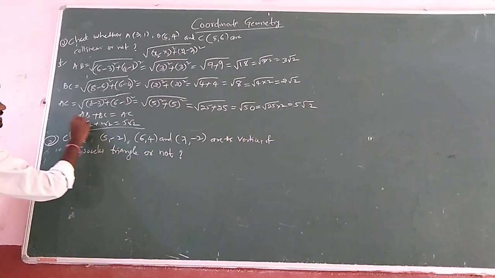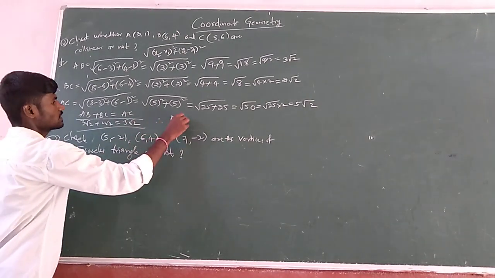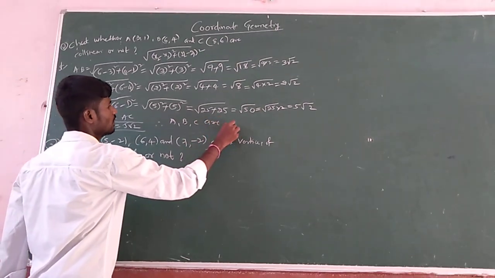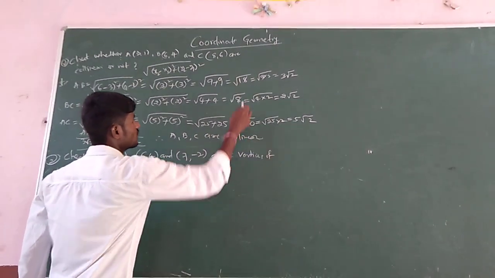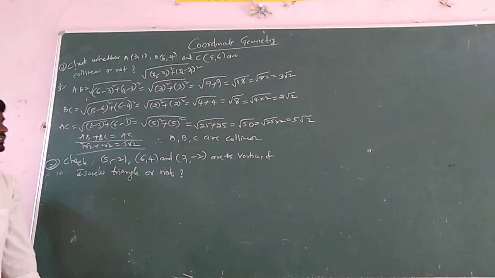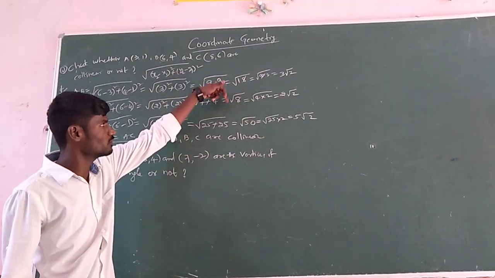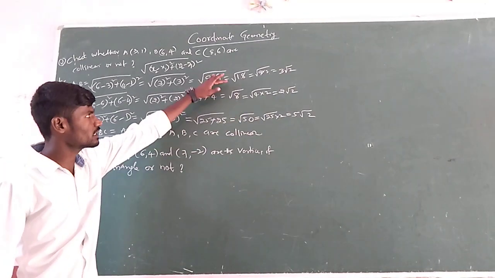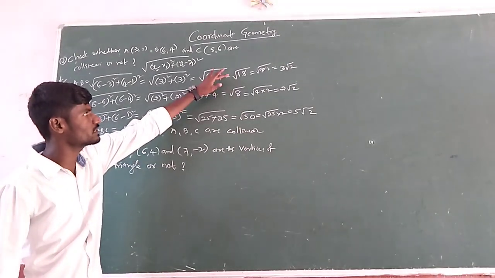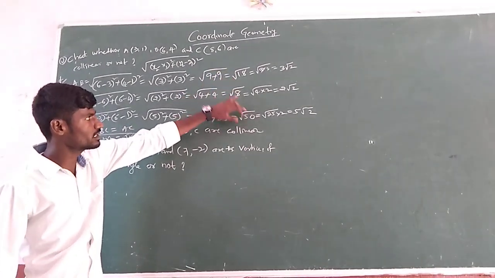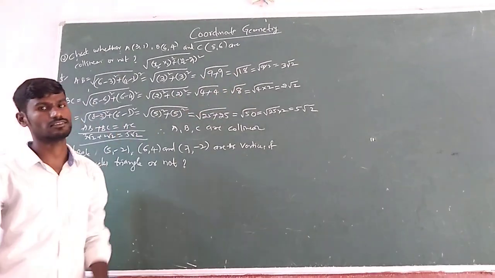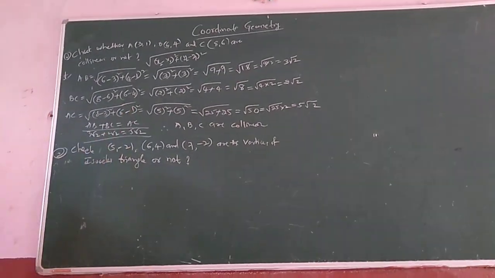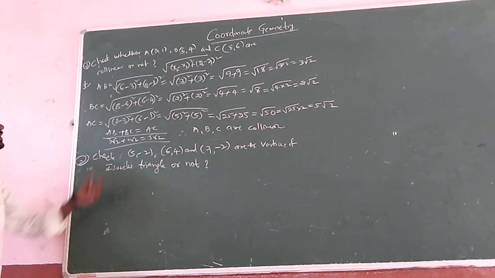We are getting this condition. Therefore, the given points A, B, C are collinear. So you have to simplify, then only. In some problems, directly you may get, suppose, here 5, here 3 and here 8. 5 plus 3 equals 8. Not exactly the first two equal to the third. Suppose it is 2 and 3, it may be 5. 2 plus 3, 5, like that. So that is the way of asking about collinear points regarding distance.